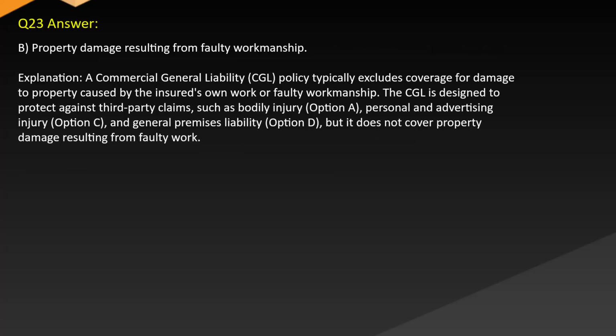Answer: B. Property damage resulting from faulty workmanship. Explanation: a commercial general liability (CGL) policy typically excludes coverage for damage to property caused by the insured's own work or faulty workmanship. The CGL is designed to protect against third-party claims such as bodily injury, Option A, personal and advertising injury, Option C, and general premises liability, Option D, but it does not cover property damage resulting from faulty